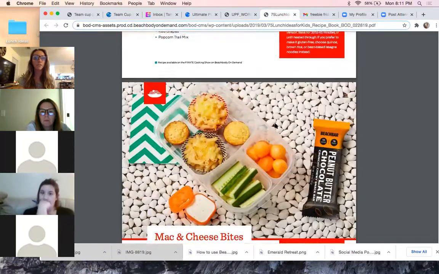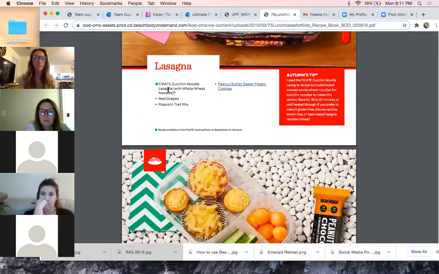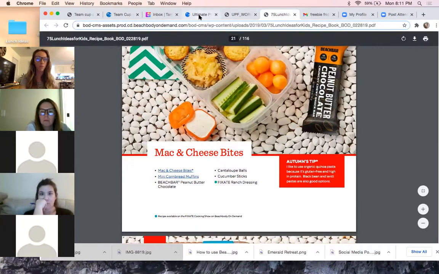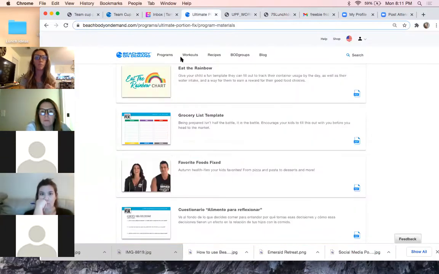The cool thing is the Fixate zucchini noodle lasagna is where that recipe is. Sometimes the recipe is linked right here. Sometimes if it says something like Fixate, you have to go look it up in Fixate itself. So